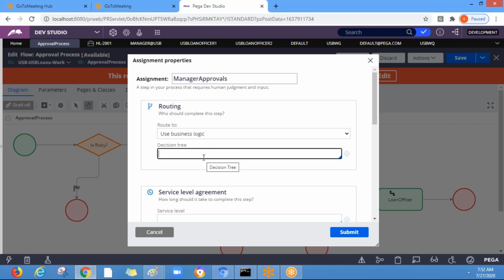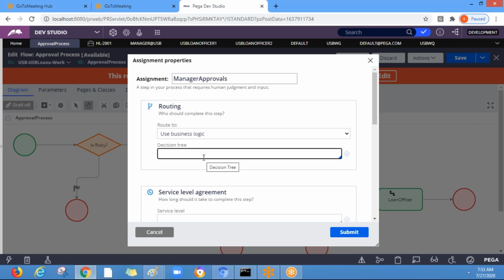So here you can call, and in the runtime, it will evaluate. Let's say if the decision tree returns the work group, sorry, work queue. So in the decision tree, you can put the conditions and the return value. If the return value is work queue, it will be routed to the work queue. If the return value is single operator, it will be routed to the operator.